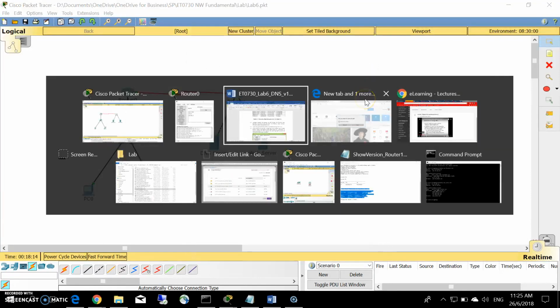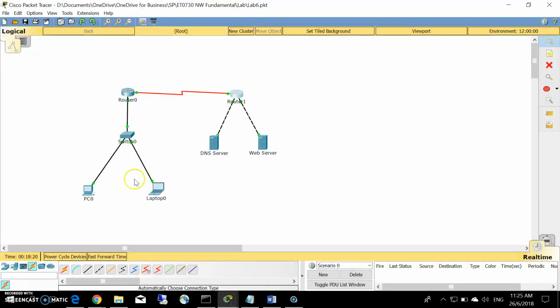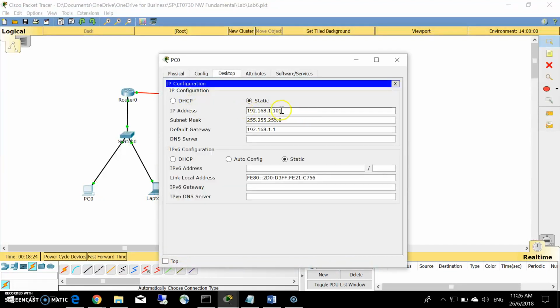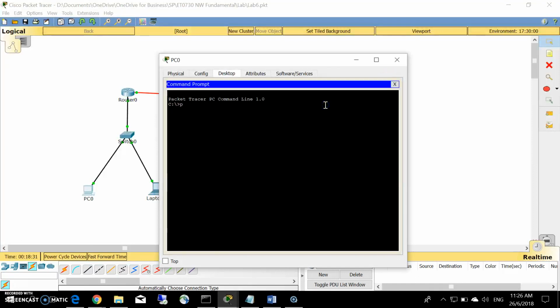Okay, let's go back to the lab. We should verify the connectivity from PC0 to the DNS server. I already configured the IP address on PC0, so let's try to ping the DNS server. The DNS server is at IP address 20.20.20.20.